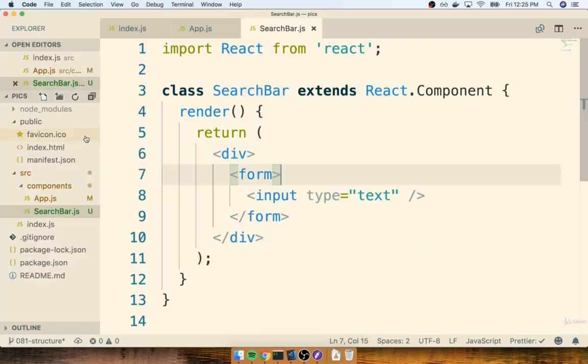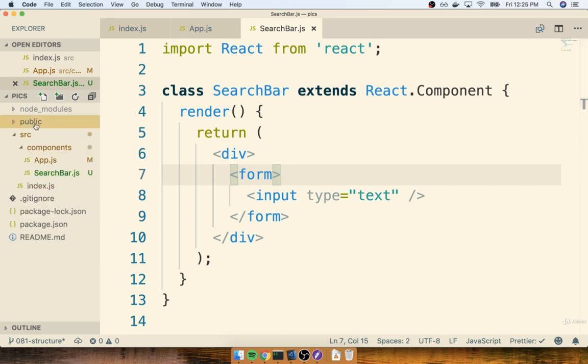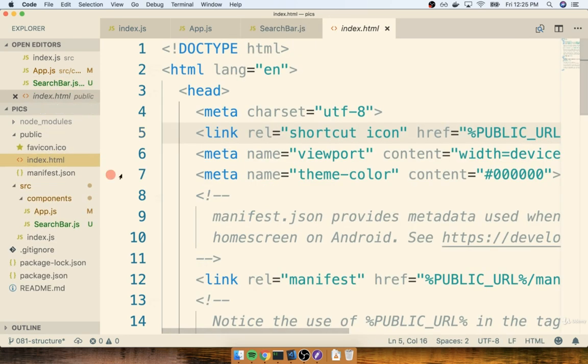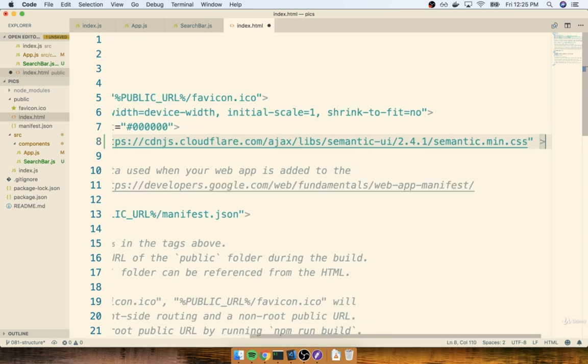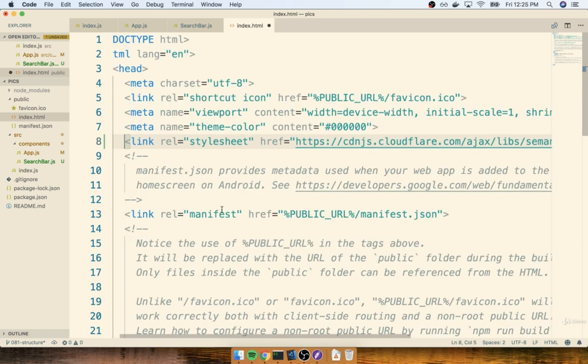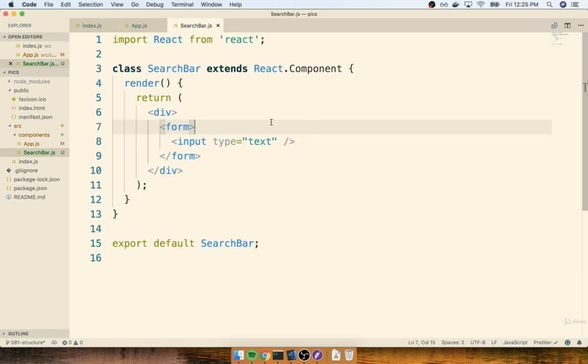I can then open up my code editor again, find the public folder, open up the index.html file inside there, and then I'll hook this thing up with a link tag. So I'll put a link inside the head with a rel of style sheet and an href, and I'll paste in that link like so, and then close off the tag. So same step that we've gone through with all of our other applications. Okay, so that looks good. So I'm going to save this file.